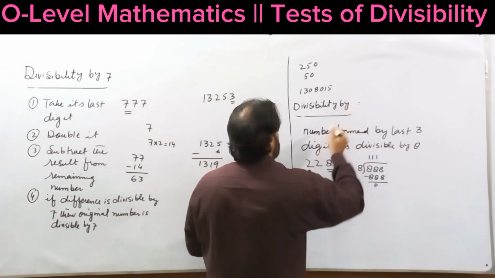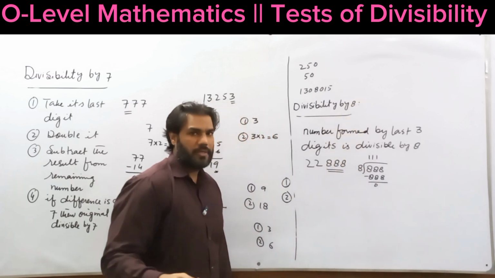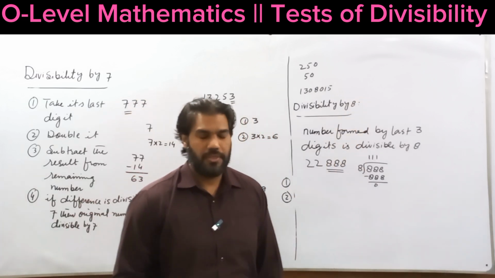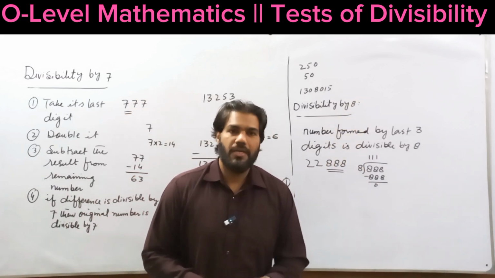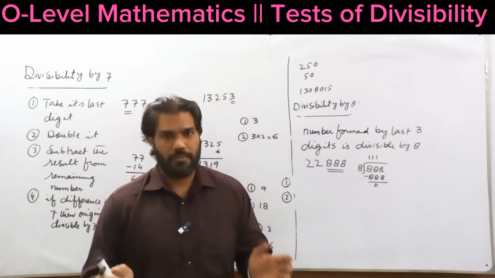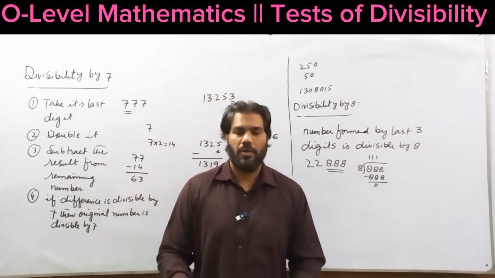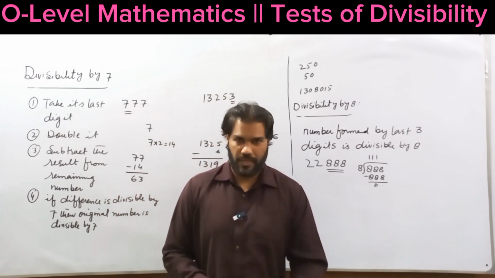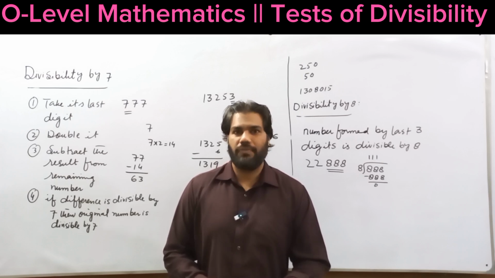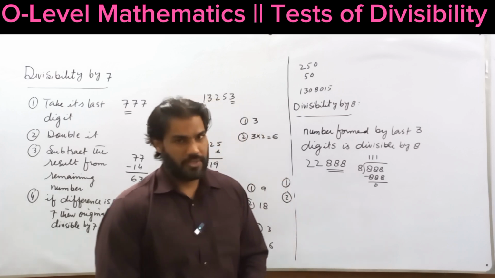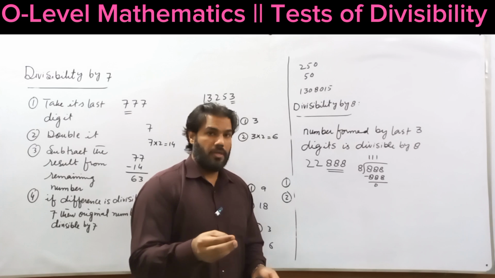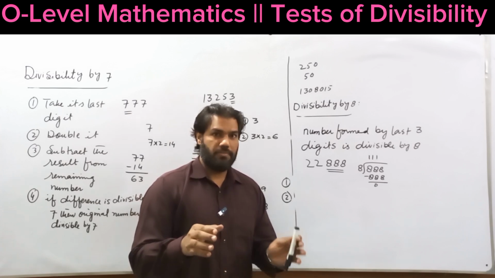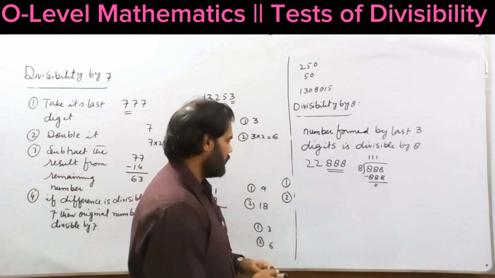Divisibility by 9. The divisibility by 9 is the same as the divisibility by 3. A number is called divisible by 9 if the sum of the digits of the number is divisible by 9. Then the number itself is divisible by 9. If the sum of digits of a number is divisible by 9, then the number itself is divisible by 9. For example,